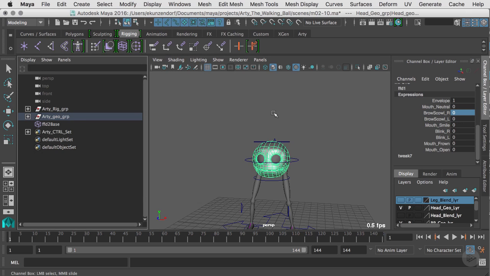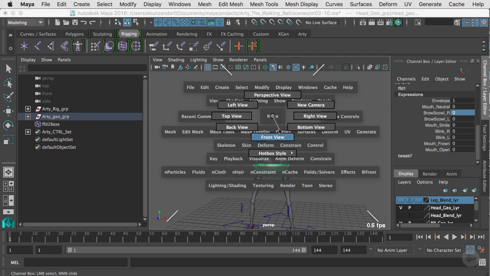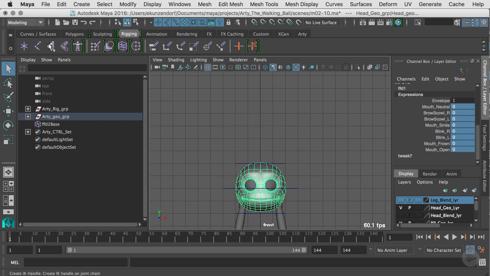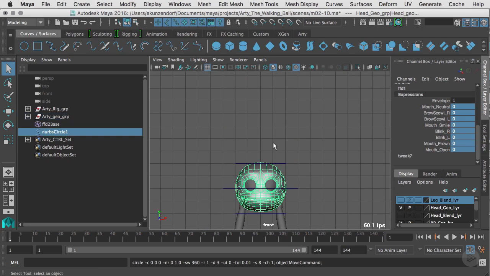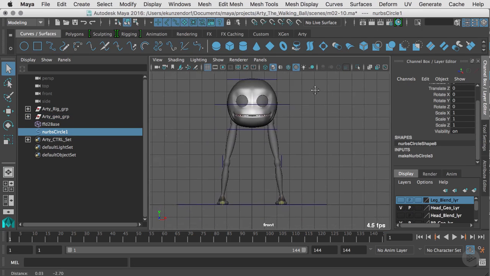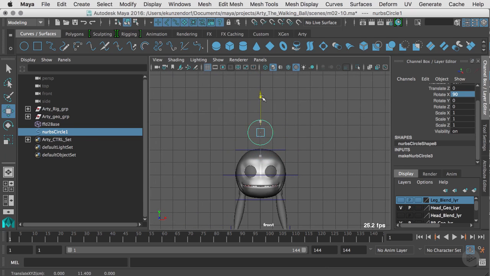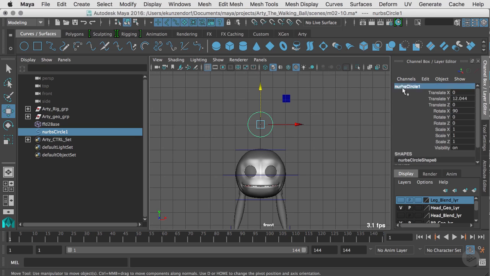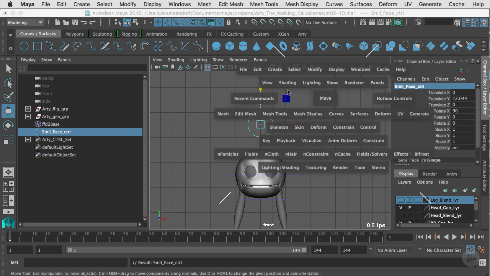There are better ways to control this, and one of those is to go to the front view, and we're going to put a NURBS circle in the scene, and I'm going to rotate it 90 degrees in X. And I'm going to raise this up like so, put it right above Smiley, and I'm going to call it Smile, S-M-I-L-E, and then Face, C-T-R-L. Okay, I'm going to freeze transformations,